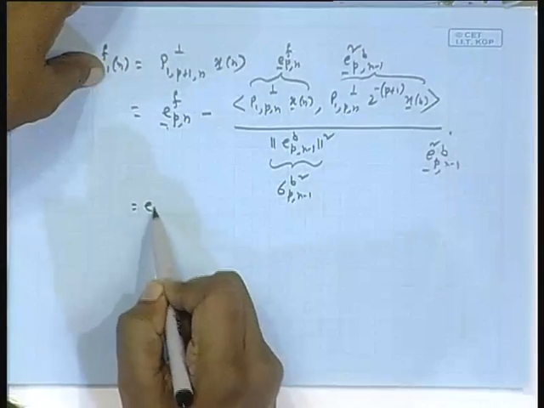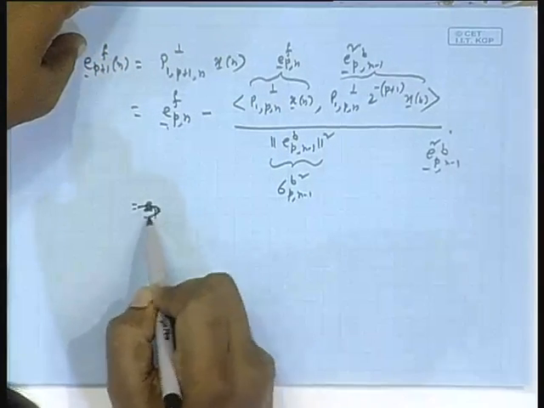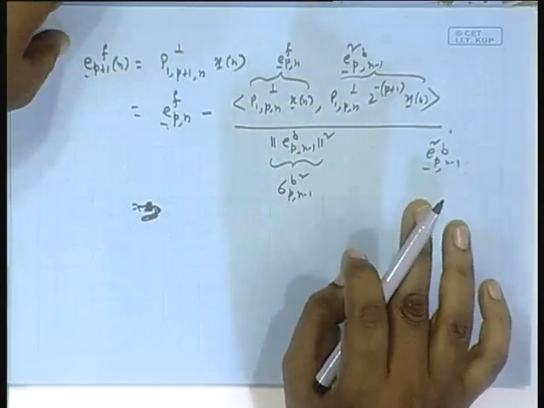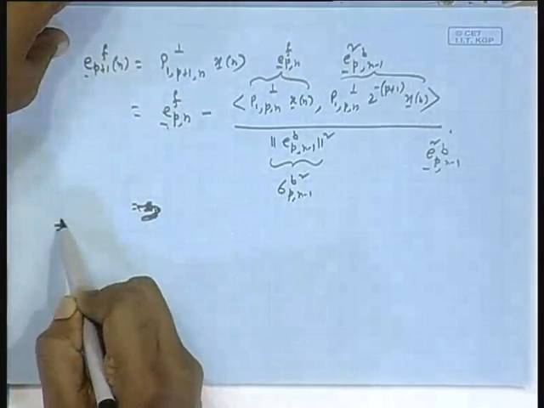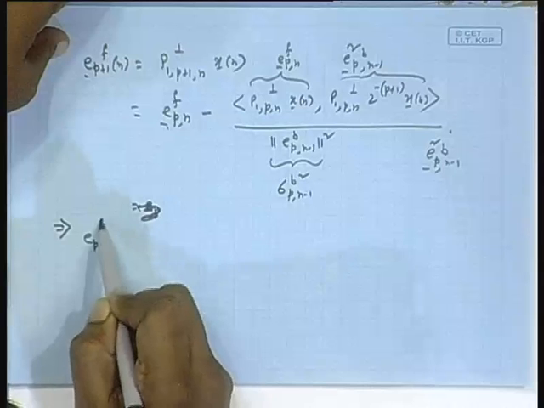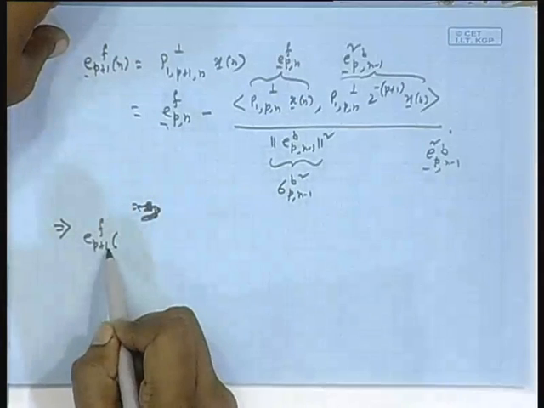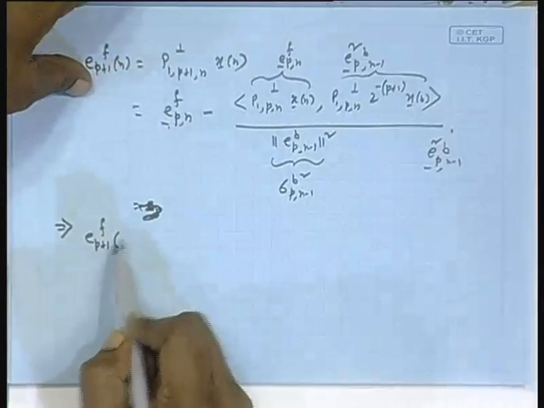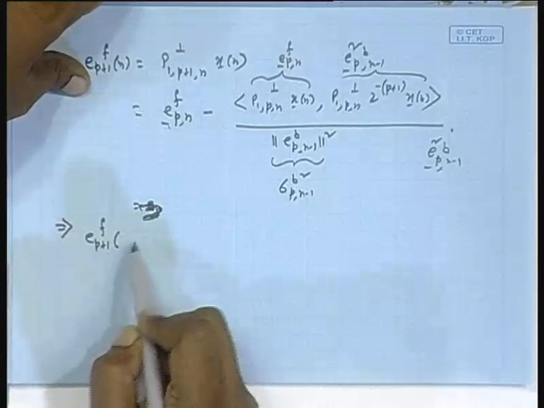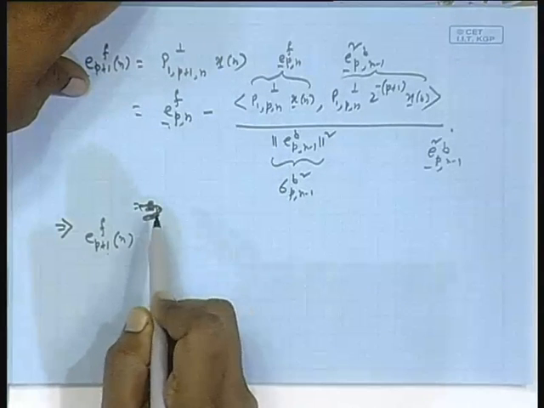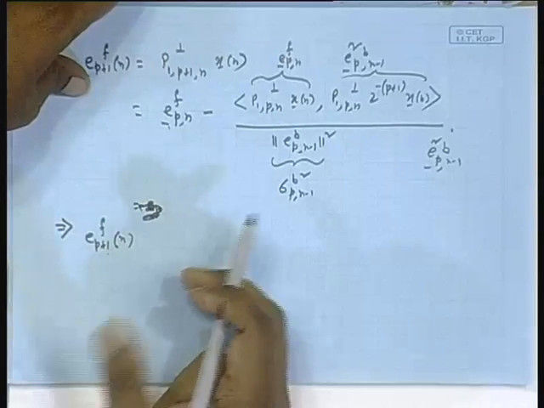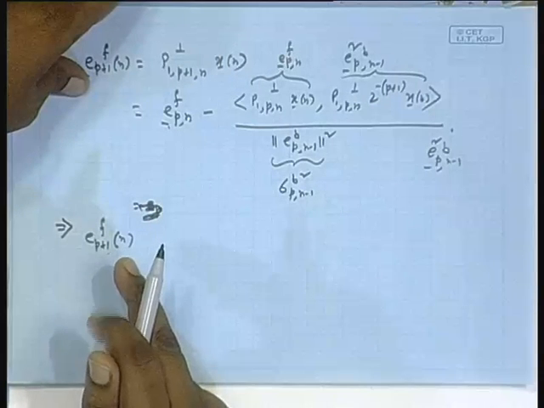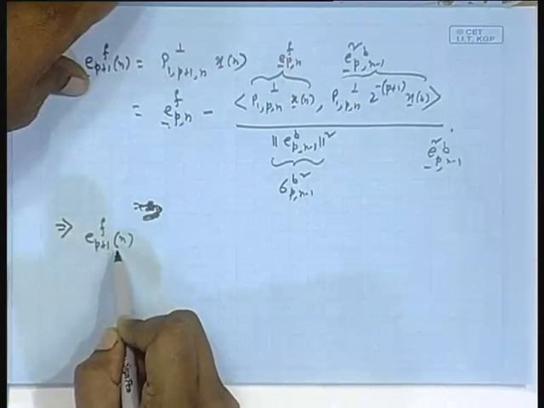So, this quantity is E p, and by the way, I will not be bothered about this total vector as I told you. I will be taking only the current component. So, now take the last component. I should put an index n, then bracket n, but we have the intelligence to understand that, there is no need to put n twice. If I put n, it will mean I am taking data up to index n, based on that I am finding the orthogonal projection error, and that error vector's nth last component. That is the physical meaning. That is why I am dropping another index n here, the subscript n.